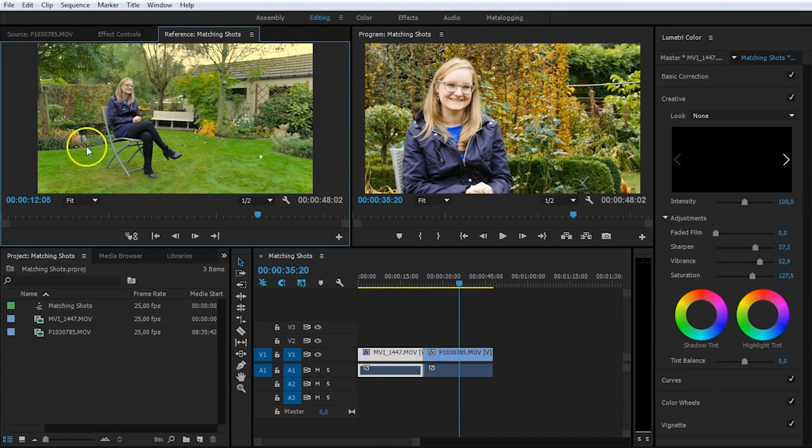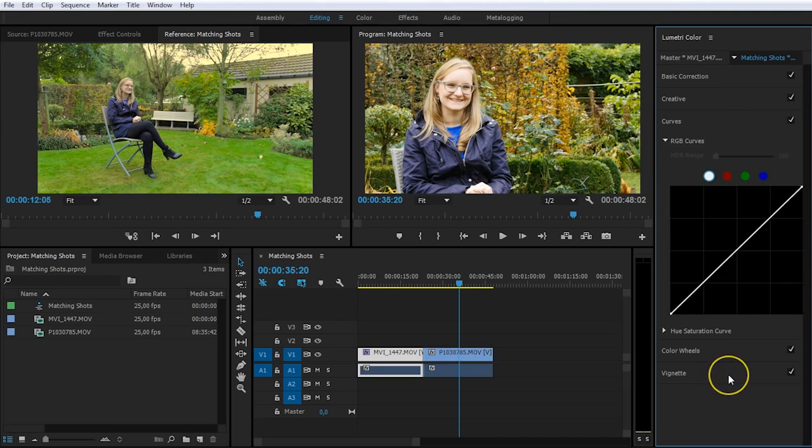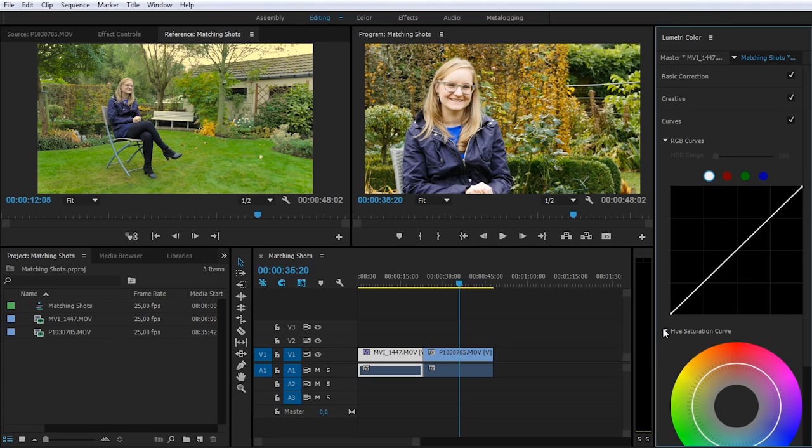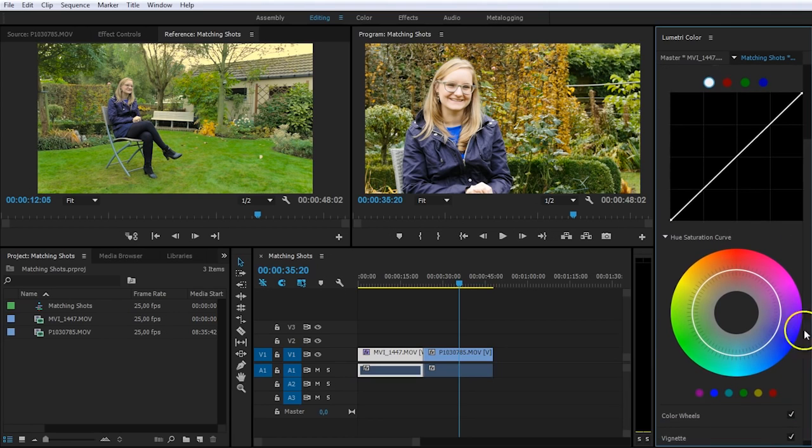If you compare the overall colors in this shot and in that shot, well, the greens are just too much in here. So we actually only want to bring down the green color in this shot. And again, we can simply do that. Just head over to your Curves tab. And from here, also open up the Hue Saturation curve. And this curve here allows us to decrease the greens if we enable that from one of these bullet points